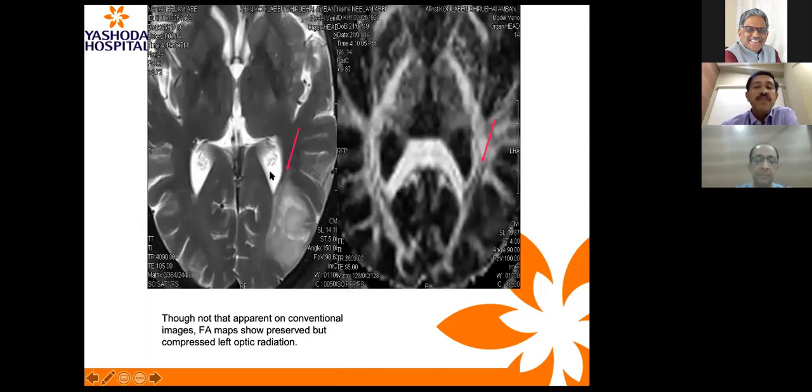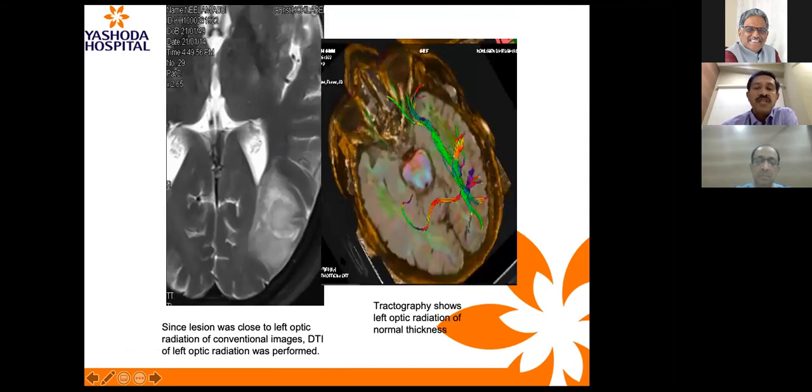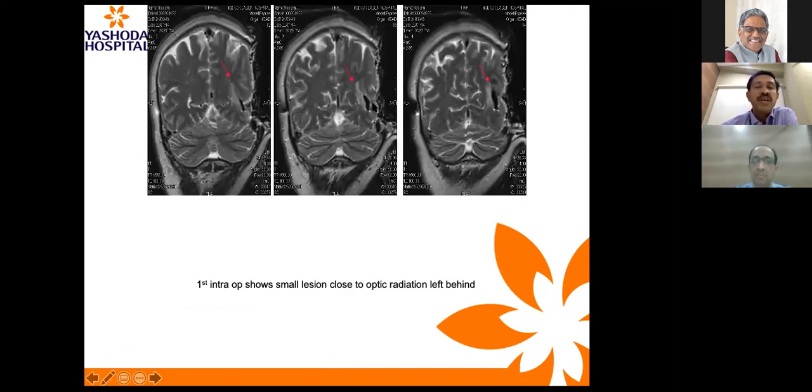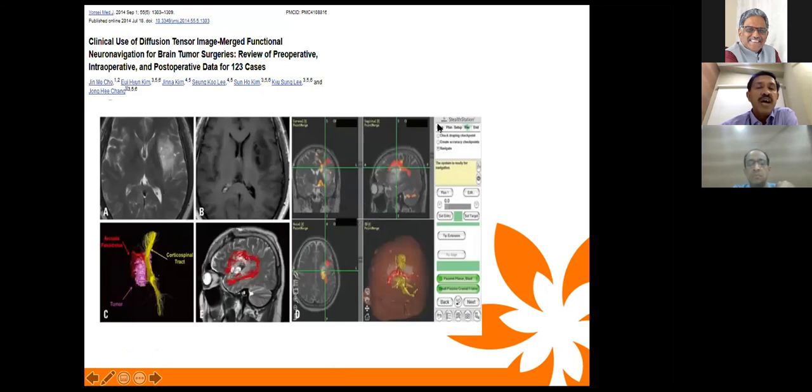So once these fibers are identified, you can resect the tumor, and when you are in doubt after the surgery whether this is optic radiation that has been injured, have I resected close enough to the optic radiation? In the intraop MRI, you can identify that region, that it is still a thin part of it is left out, beyond which we have removed all that is on the surface, and that area also can be resected safely,